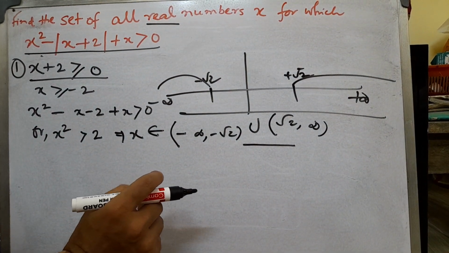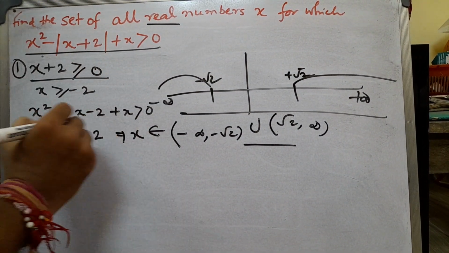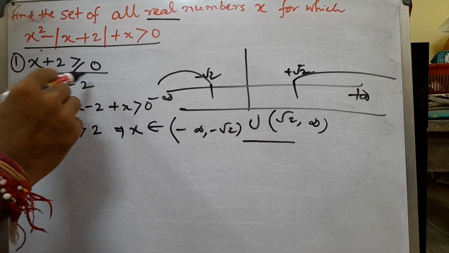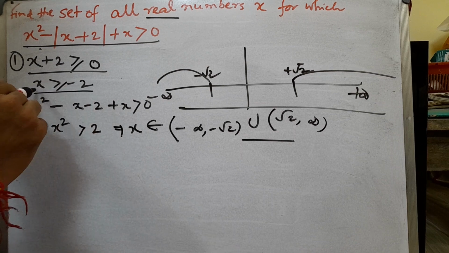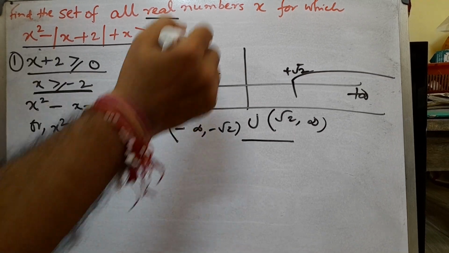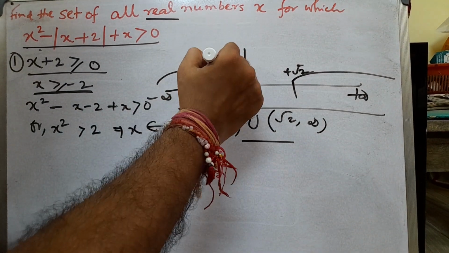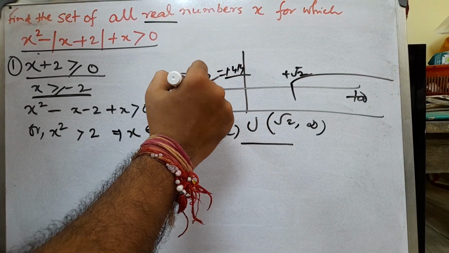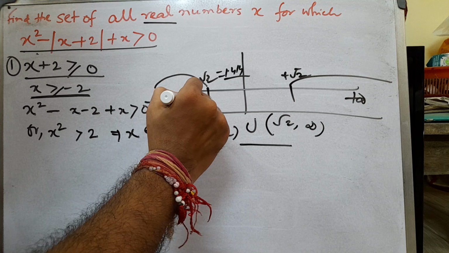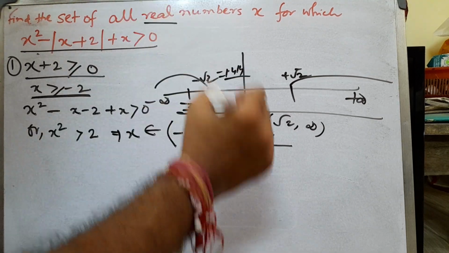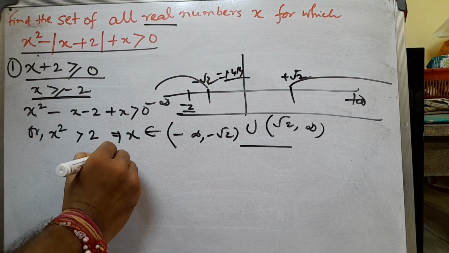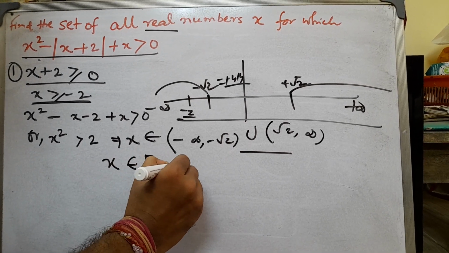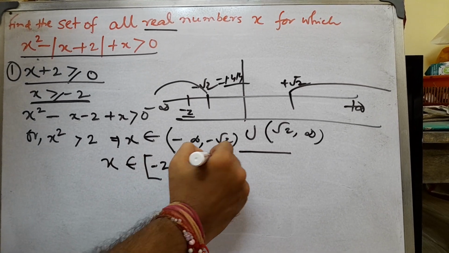And then you know that x plus 2 greater than or equal to 0 and x greater than or equal to minus 2. Root 2 means 1.414 and minus 2 is here. Okay, so then the actual set is the closed interval minus 2 to minus root 2